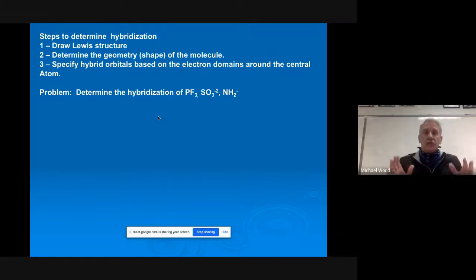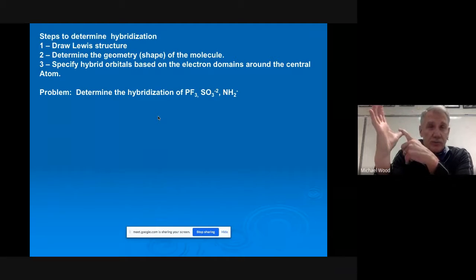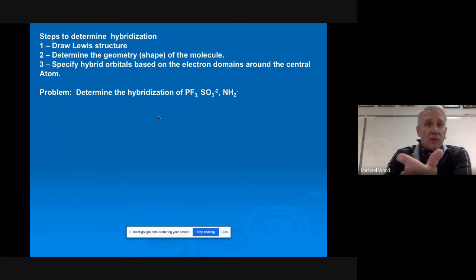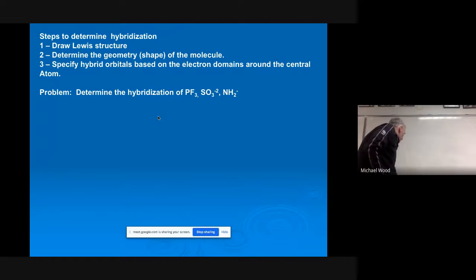So here were our steps. The same steps. We did PF3, so in a second I'm going to go back to the board. We're going to do the dots. We're going to count the electron domains. This is the same thing I said in chapter 8. We can then determine the shape, the bond angle, tell if it's polar or nonpolar, and also explain the hybridization. So we're going to do the dot structures, come up with the shape, the bond angle, polarity, and then talk about the hybrid orbitals. We did PF3 yesterday, so I'm going to do the sulfite ion, SO3 2-, and then I'll do NH2 negative.